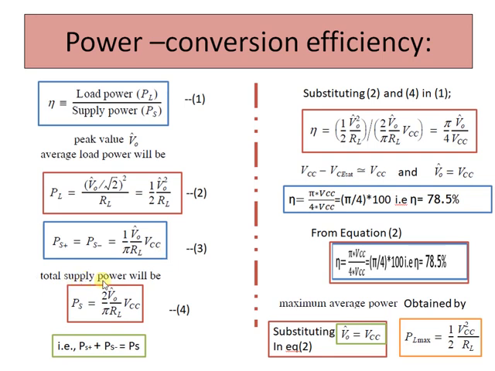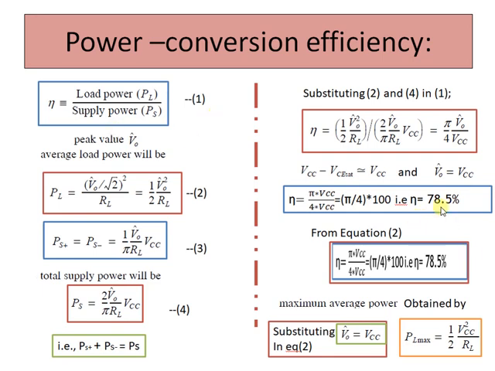So the total supply power will be the addition of PS plus and PS minus, which gives us equation number 4. If you substitute equation number 4 and equation number 2 in equation number 1, we get the value of efficiency to be equal to pi/4 times V naught cap divided by VCC. And if we consider V naught cap to be equal to VCC, we have the value of efficiency to be equal to